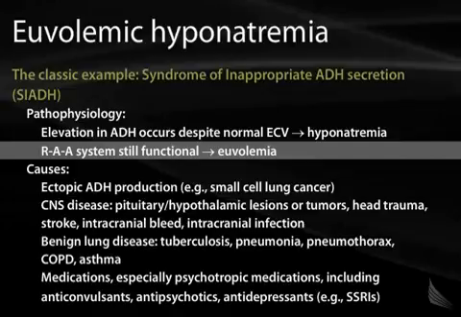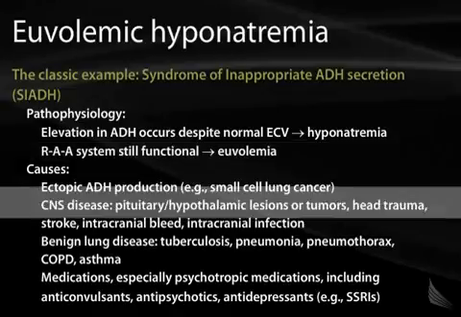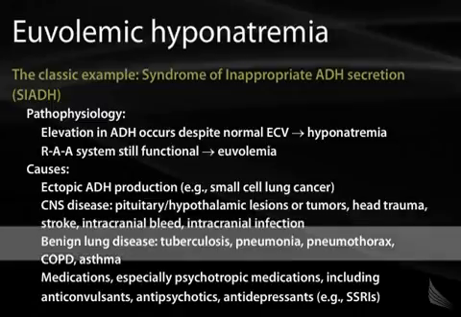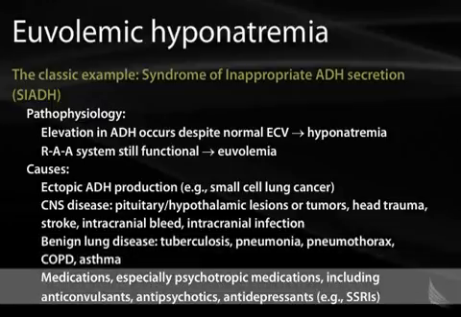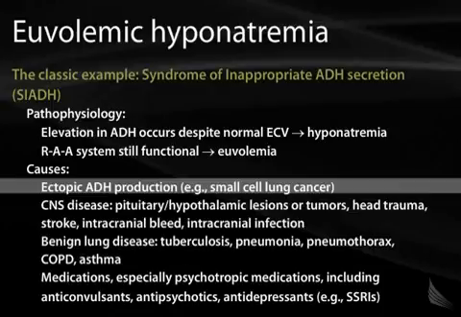The other common causes of SIADH are central nervous system disease, benign pulmonary diseases, non-malignancy-related pulmonary disease. Increasingly recognized is the role of medications in creating a scenario of SIADH. The medications that are the most common culprits are SSRIs, the SSRI class of antidepressants. Once again, for the Step 1 exam, the classic case is the ectopic ADH production from small cell lung cancer